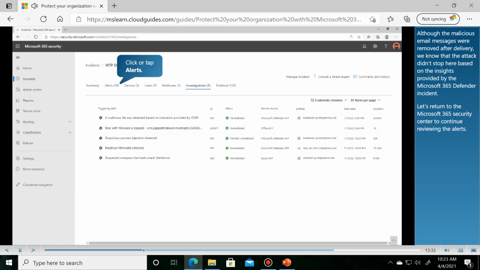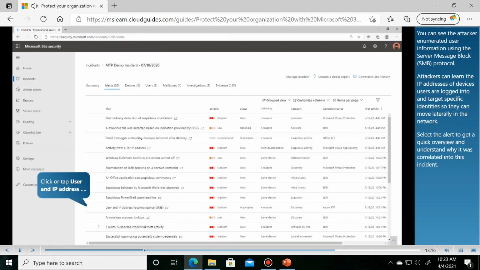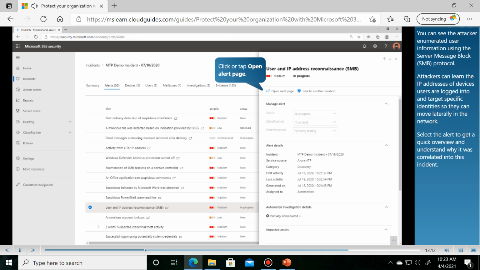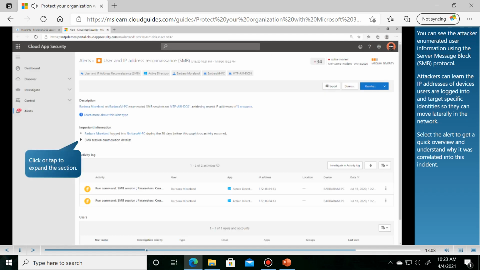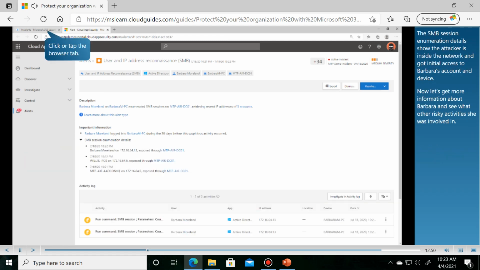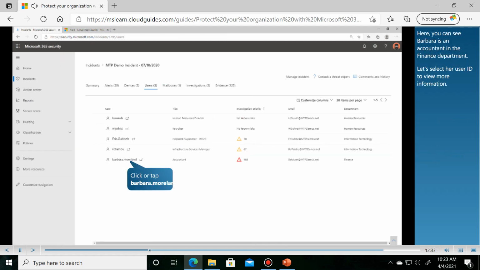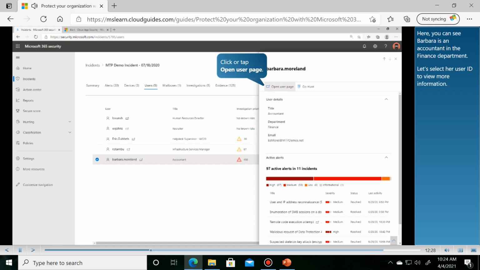Although the malicious email messages were removed, you can see the attacker enumerated user information using the Server Message Block, or SMB, protocol. The SMB session enumeration details. Here, you can see Barbara is an